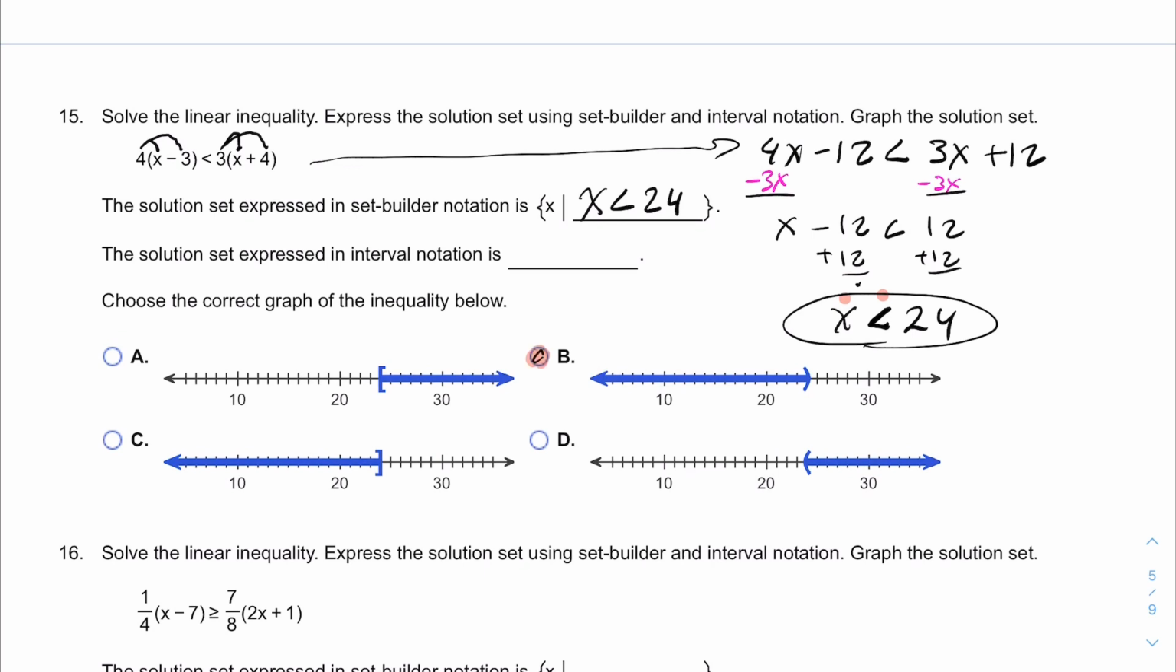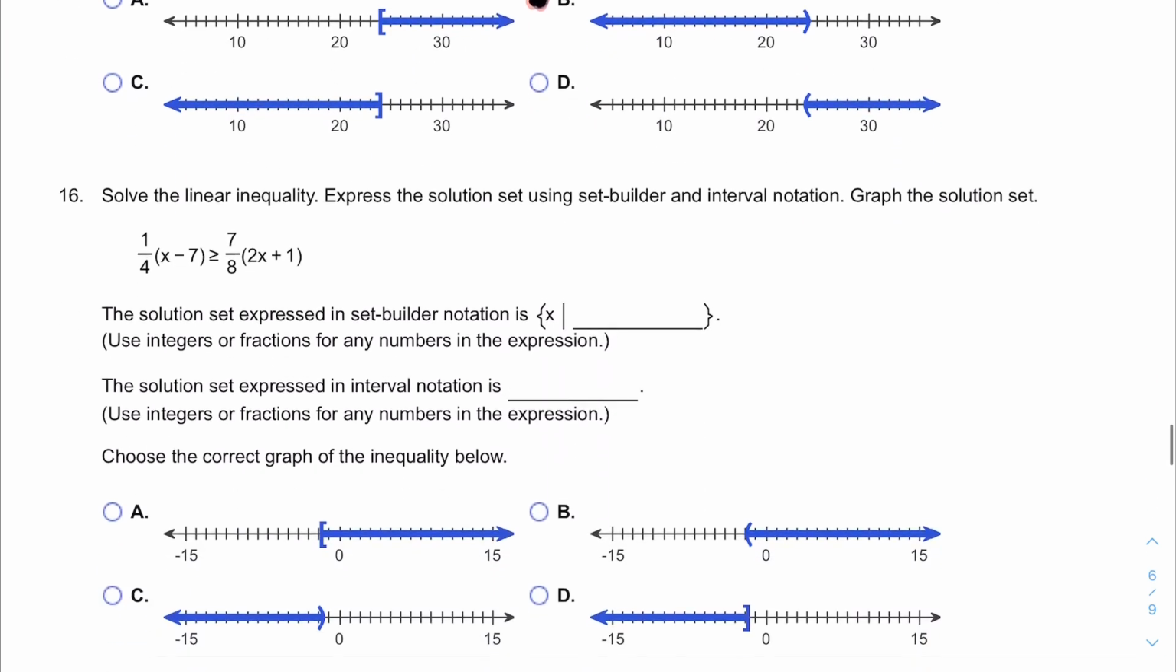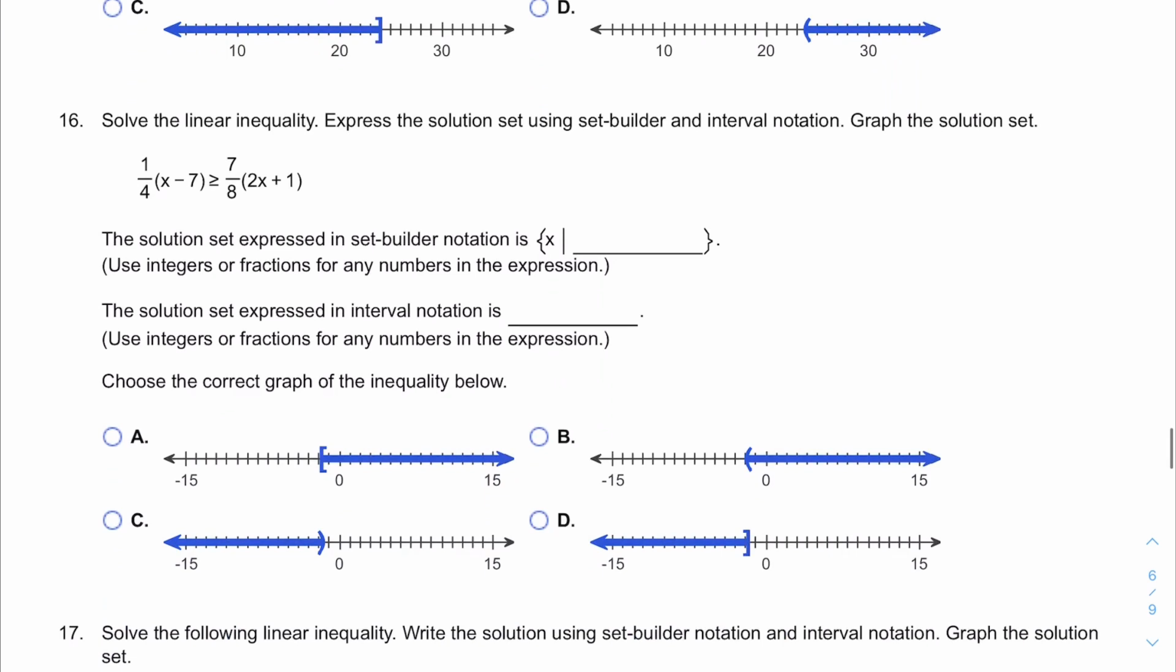Okay, I've got to be consistent, I guess, since I used black the whole time. There we go, number 16. Ooh, look at that messy fraction thing. So when we have fractions with